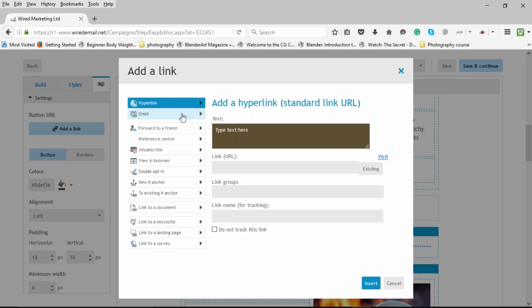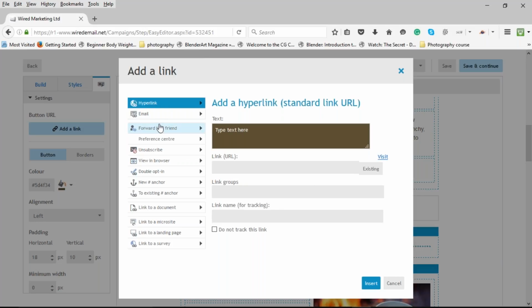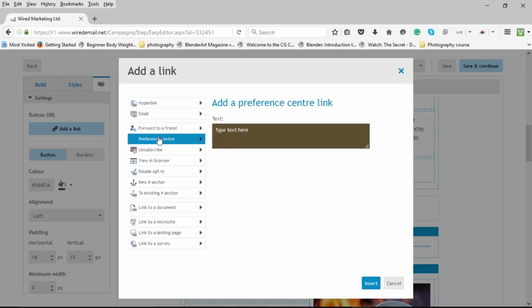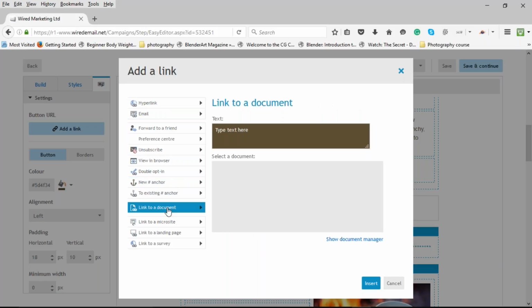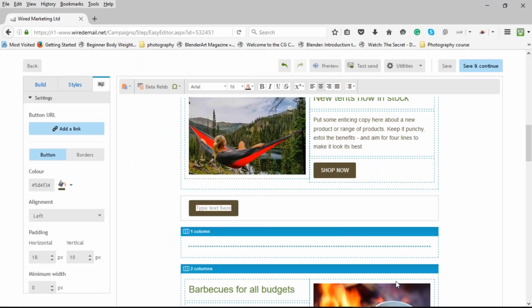So we can just put in a standard hyperlink, we can put in an email link, so add a link to an email address, we can forward to a friend, forward to a preference center, unsubscribe, view in browser, opt-in, double opt-ins, we can add anchors, we can also link to documents, microsites, landing pages and surveys as well. So for your standard buy now button, usually it would be just a general hyperlink, and then you just complete the details for the URL, the link groups and the link name for tracking, and you can click on do not track if that's the case as well,